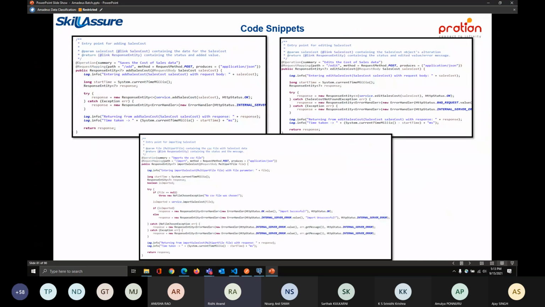Yeah. So here you can see the code snippets. Here you can see that the code is made as modular, unit testable, and readable as possible. We've added Javadocs to explain every piece of code in a really short summary. You can see the controller's endpoints, entry points for the add feature as well as the edit feature. We've used the best coding practices, and you can see the service layer's code for the import function